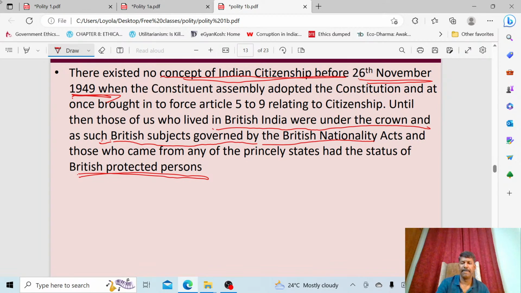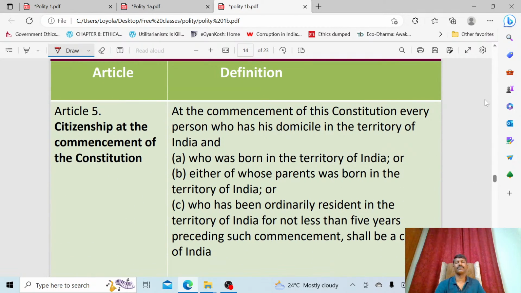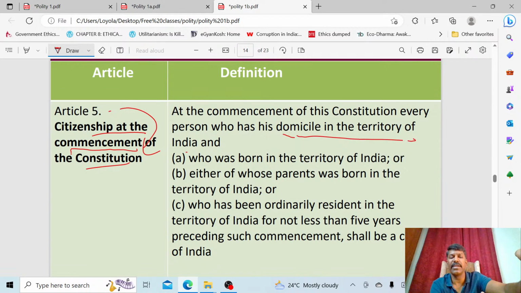And apart from this, when I am going to handle Article 5, it is simple; not much elaboration is necessary from a preliminary point of view. We just have to commence the concept. The citizenship at the commencement of the Constitution under Article 5 of the Indian Constitution says that every person who had a domicile in the territory of the country, was born in the territory, or whose parents were born in the territory, or who has been ordinarily resident in the